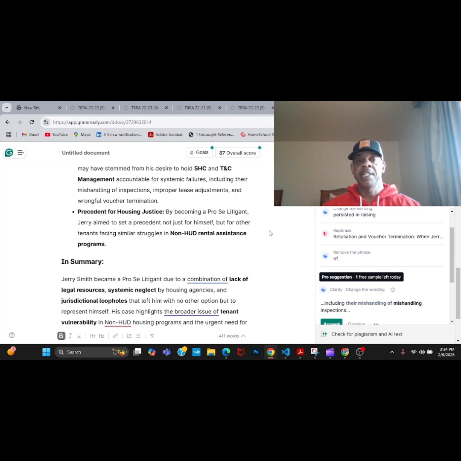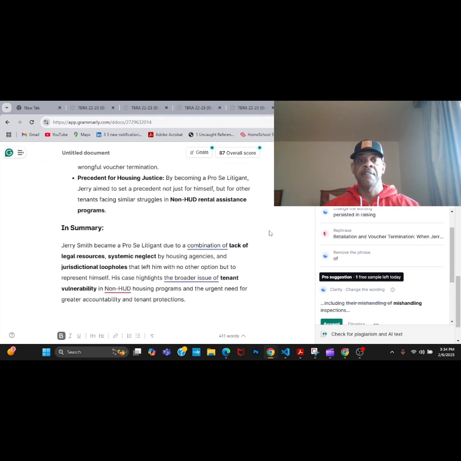And a little tidbit, the non-HUD tenant-based rental agreement has never been disputed in a court of law, especially in the Court of Appeals or the Supreme Court. And so I've already started that process in the appeals process, where the Court of Appeals will be looking at the cases that I have appealed.